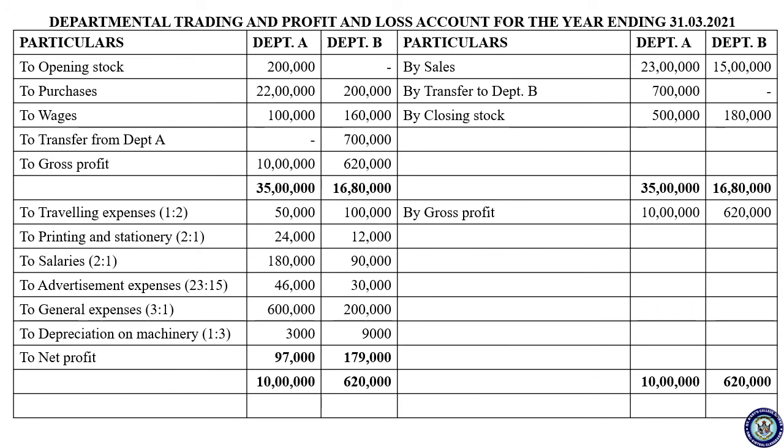Okay. So next, before we move to the general P&L account, you have to calculate the rate of gross profit and the stock reserve. Because the department's total closing stock is 1,80,000, out of that 1,35,000 is from department A. So department A transfers the goods at the selling price. See the first sentence they have given. The interdepartmental transfer between A to B is taking place at the usual selling price. So we have to adjust the loading price.